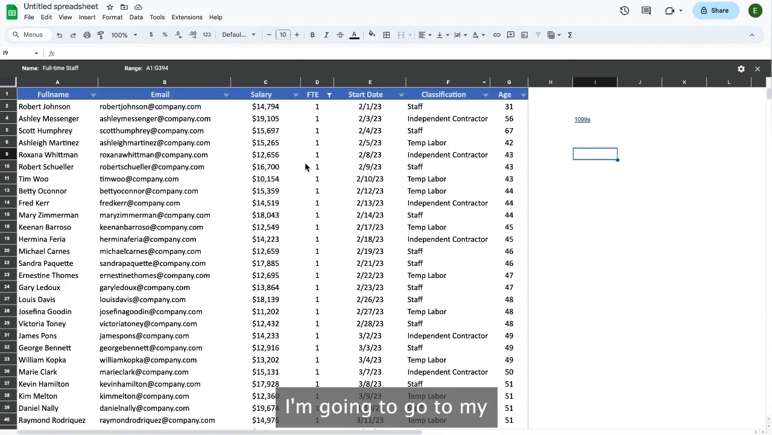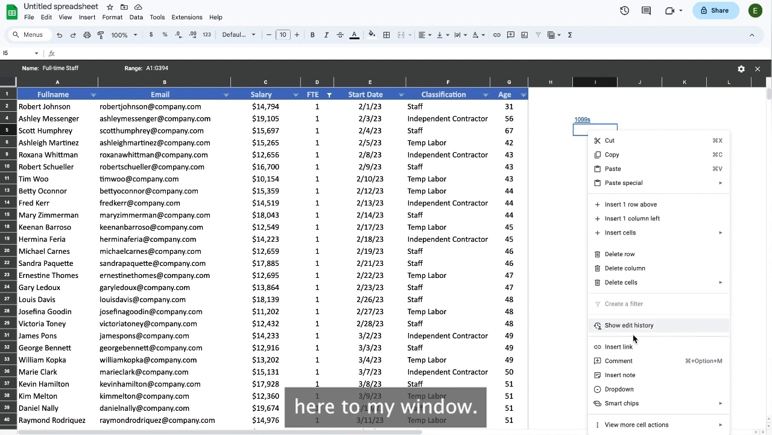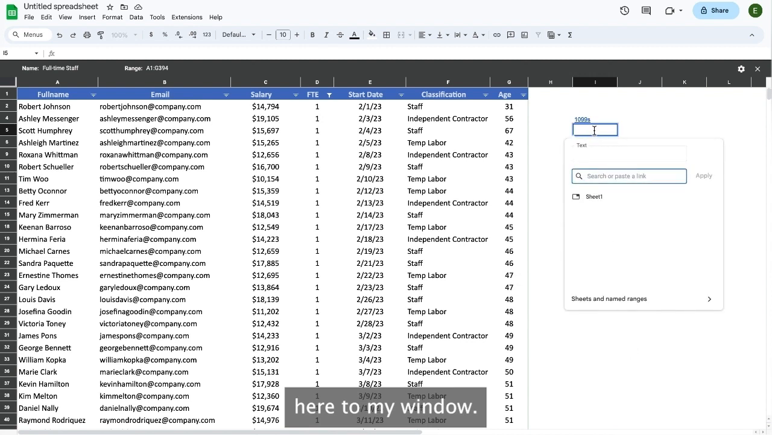Let's do that again with the filter view that we created for full-time employees. So I'm going to go to my filter views. I'm going to go to my full-time staff filter view. I'm going to go to the search bar in my browser. I'm going to copy the link within this filtered view. I'm going to go here to this cell. I'm going to say insert link. And I am going to paste my link and type here full-time staff. I'm going to select apply,